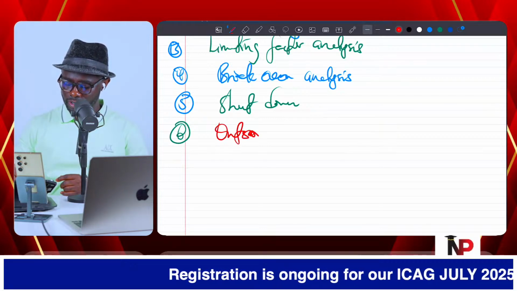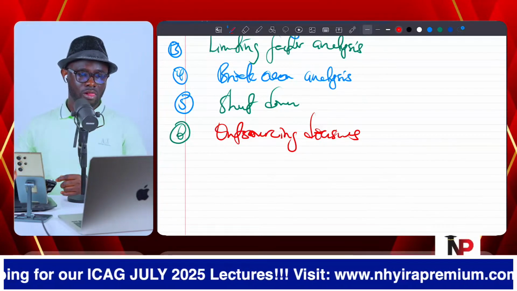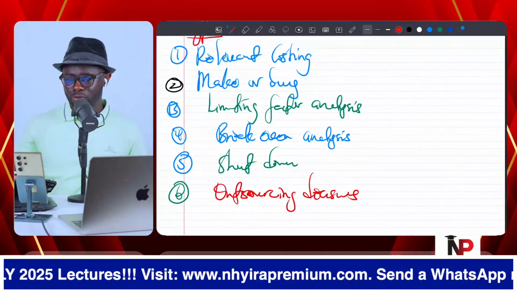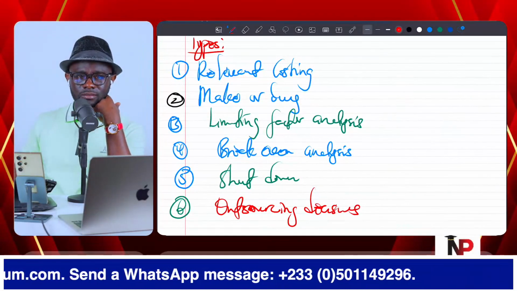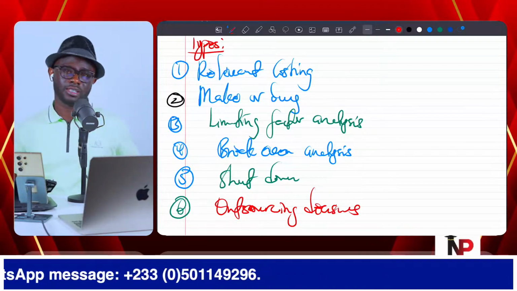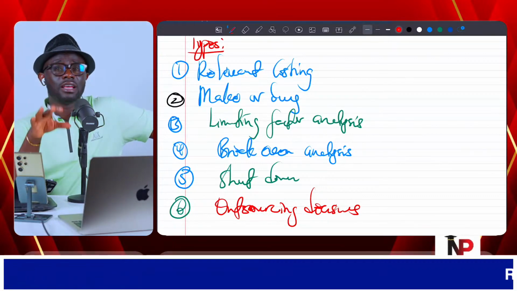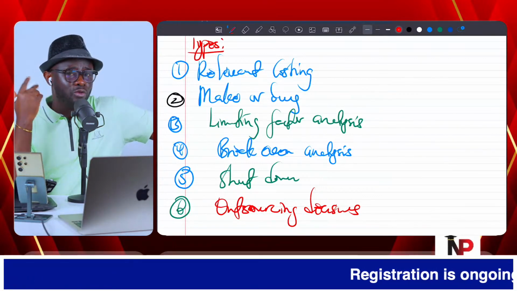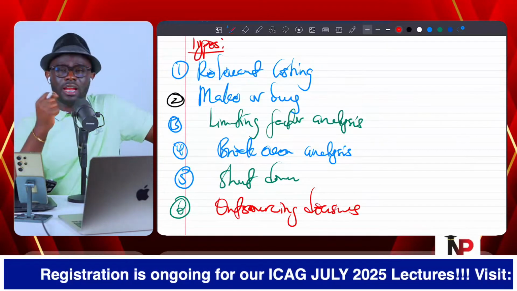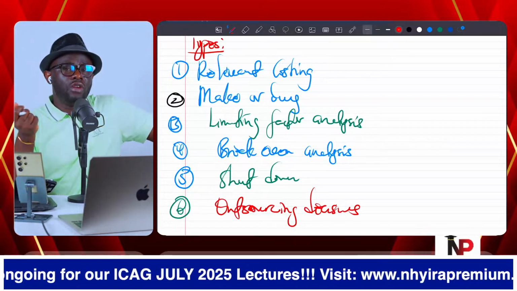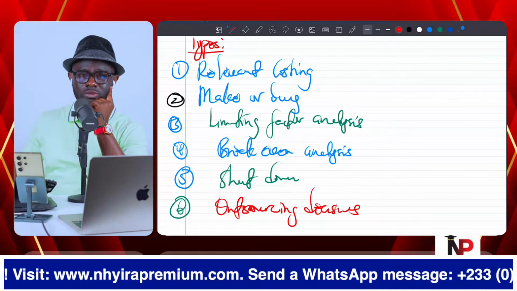Number six, outsourcing decisions. All right, outsourcing decisions. That's a theory area. What factors do we take into consideration before outsourcing to a third party and all of those things? We must understand them. And so when it comes to the short-term decisions, it's a lot. One of them will be in the exam hall, or you have one of them as a calculation. Then there is an extra one that the examiner could bring as a theory aspect to get that 20 marks question coming up for us under the short-term decision.